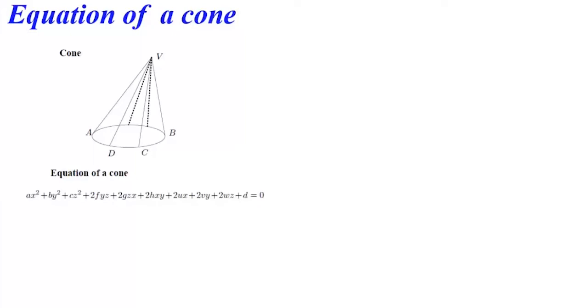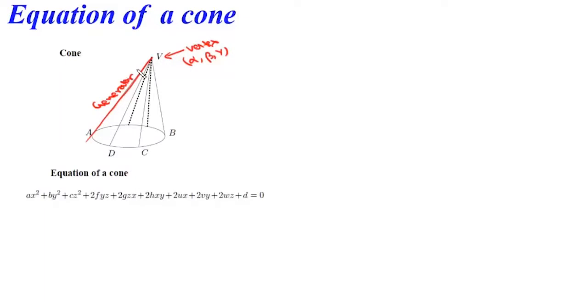Today we'll study the equation of a cone in 3 dimensions. Now a cone is characterized by 3 attributes, and the first one is the vertex. So if we have to write the equation of a cone, we must know the vertex of this cone, and it is say alpha, beta and gamma, and then there is a line which passes through this vertex and we call this line a